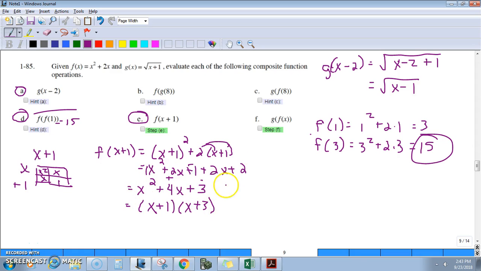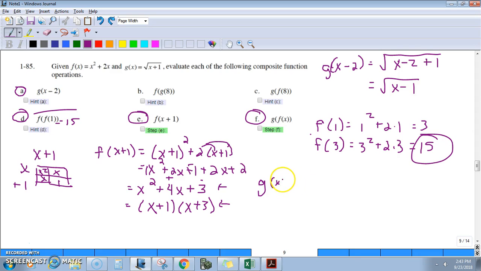So that's kind of cool. So we get down here and then we can factor it again. And then let's go ahead and do g of f of x and see if these two are actually inverses of each other, okay? Remember, technically you would have to do it both ways, but it's just asking for g of f of x. So in g of x, everywhere I see an x, instead I'm going to put,